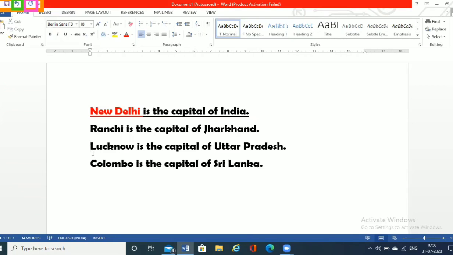Understood everyone? So this is undo and redo. The undo command allows you to undo or reverse the effect of the last command, whereas the redo command is used to reverse the action of the undo command. I hope the concept of copying text, moving text, deleting text, and undo and redo command is clear to you people. If you have any doubt, you can go ahead and watch the video once again.